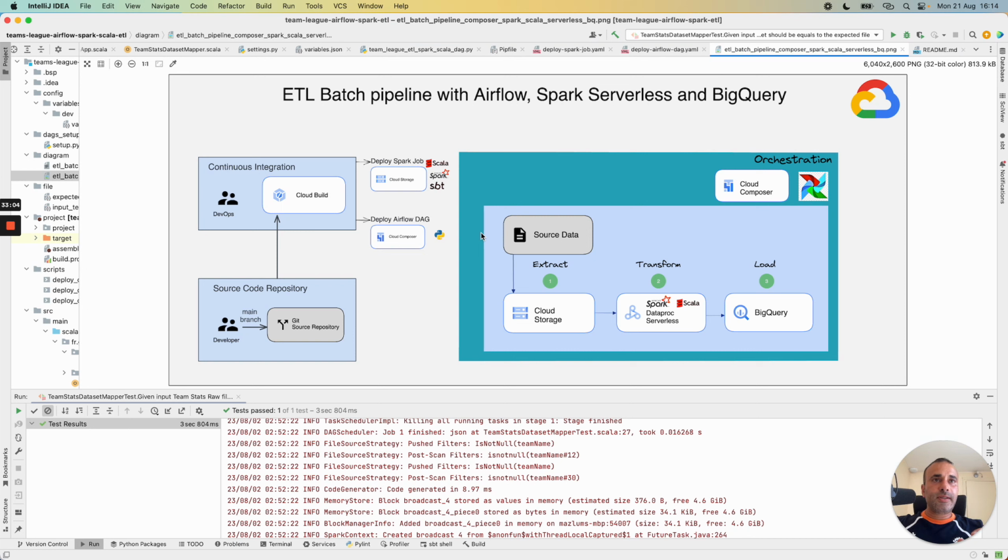We previously showed in detail how to write a Dataproc serverless job. We also wrote a dedicated article on this topic. Then we wanted to show how to integrate a Dataproc serverless job in an orchestration pipeline tool like Apache Airflow, because in real life, sometimes we need to interact with some services before launching the transformation. That's why it was important for us to show this use case with the community.